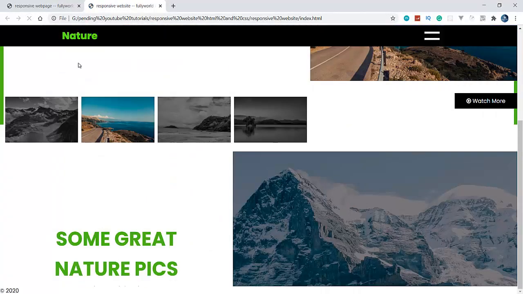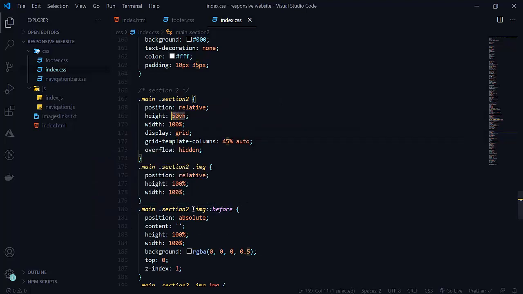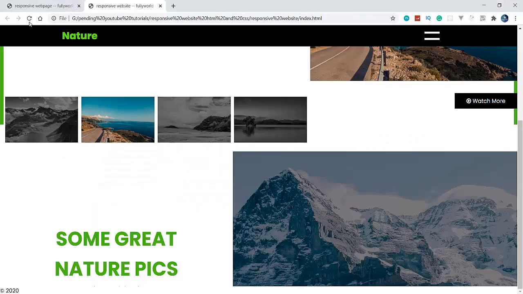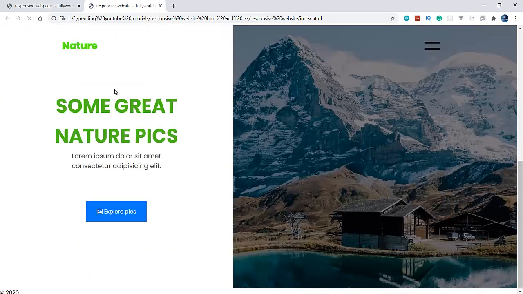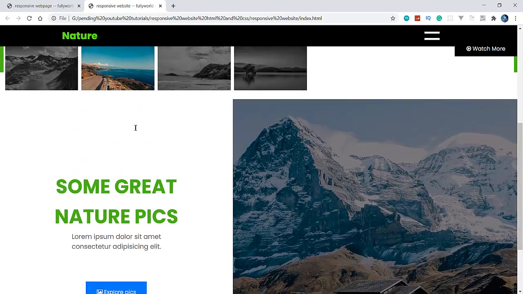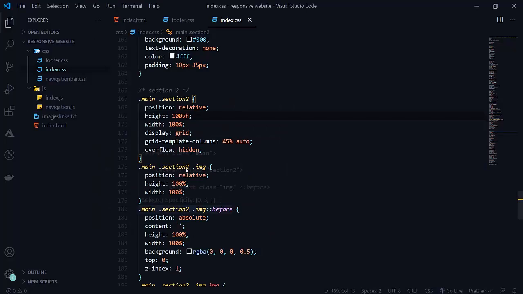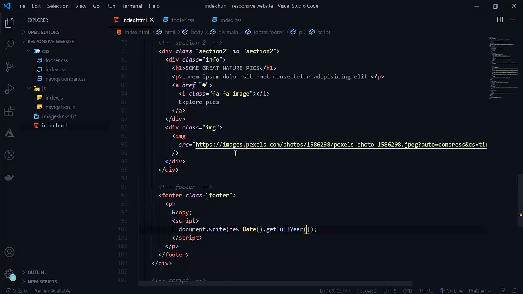Let me reload this. See that this 50 VH is not looking good, so 100 VH is enough here. Now this is looking more awesome. Overflow hidden is looking good now. So we are printing our current year.